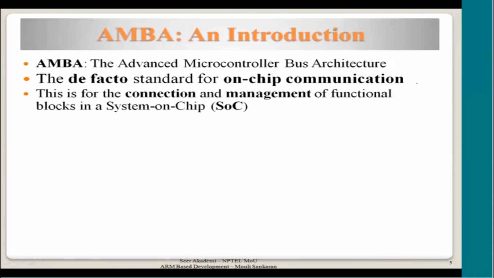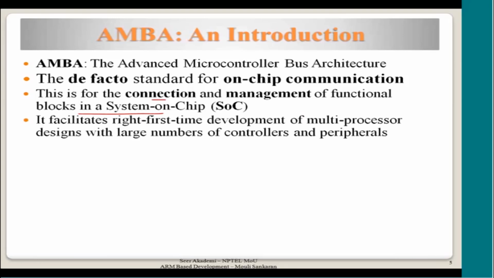Now, this is for the connection and management of functional blocks in a system on a chip. It is connection as well as management of the functional blocks and modules. It facilitates right first time development of multiprocessor designs with a large number of controllers and sensors. So the SoC we are trying to build using this standard is not limited to one or two. Multiple peripherals, controllers, and multiple processor masters will be there on the chip, and the AMBA architecture is adaptable for such a complex design,